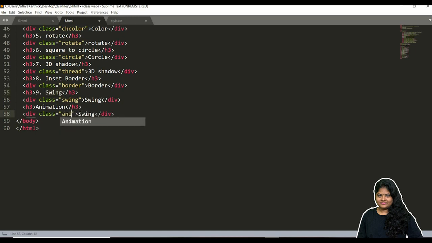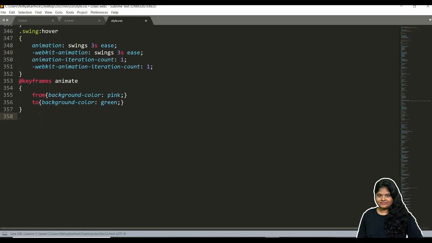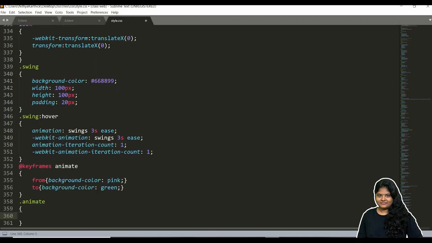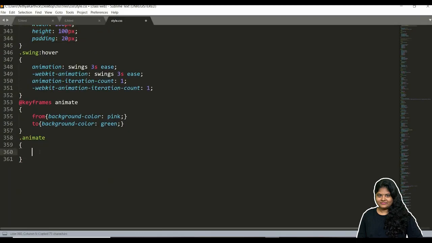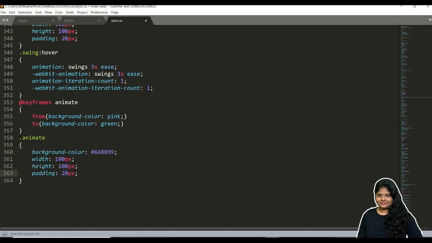Here let me give the same animate as a class, again animate, right? So save it out, come here, dot animate. So this is a class name which we have given. So for this also let me give some height and width, right?